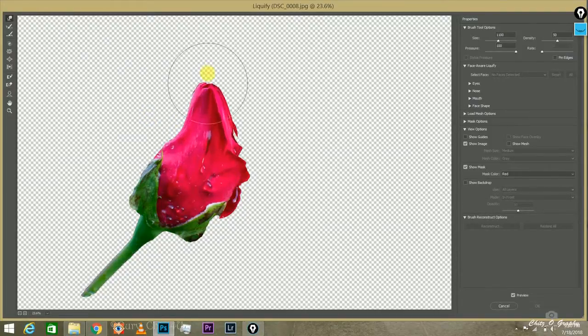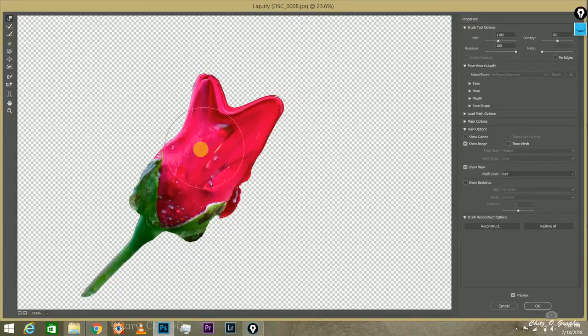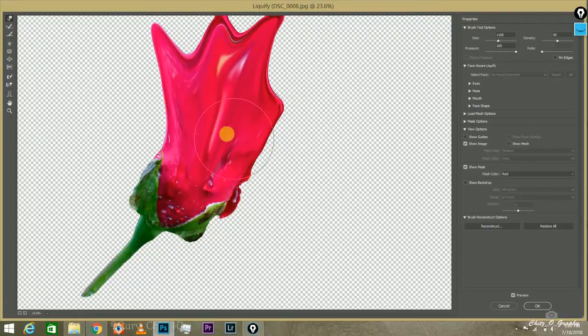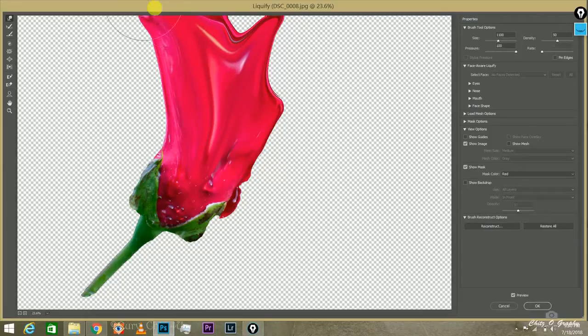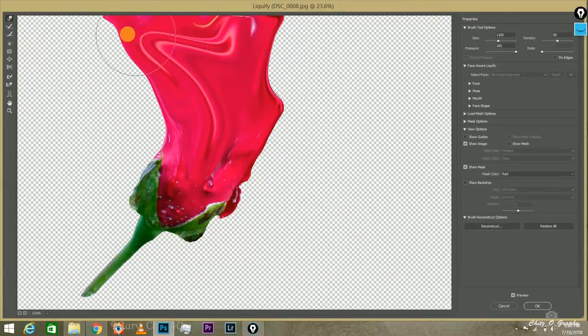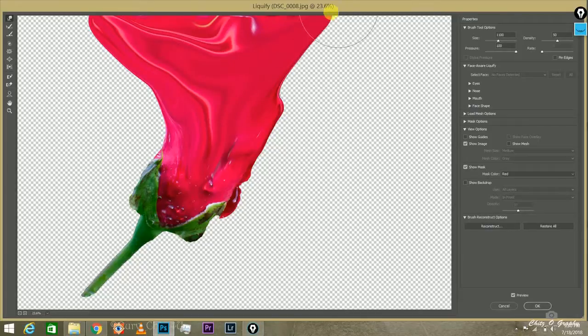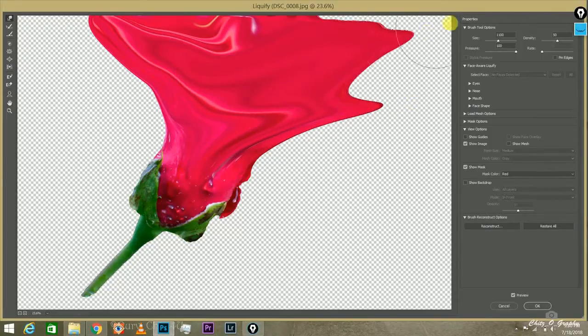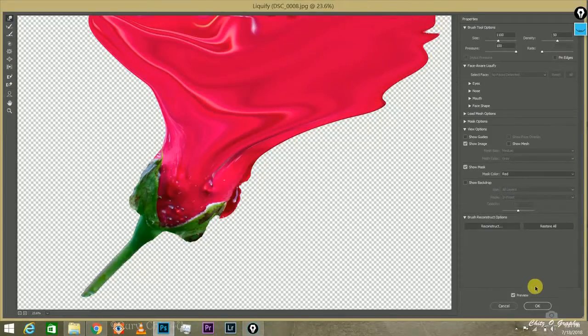Now just spread the flower. Then press OK.